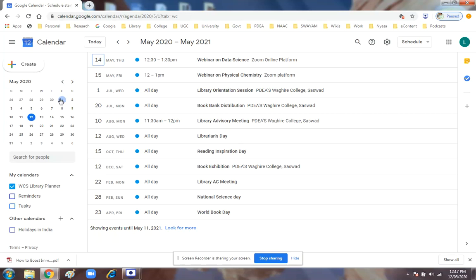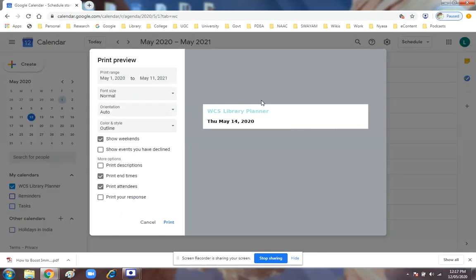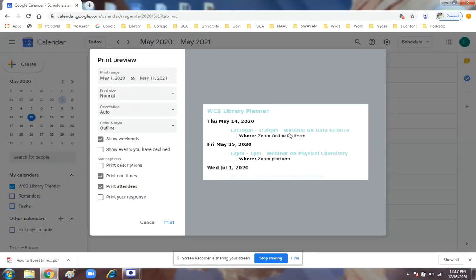I have the choice to choose the date from which I want the calendar to get populated. I can add as many dates following. This calendar is prepared for 1 year. Just click here and click on print. It will get generated as a PDF.